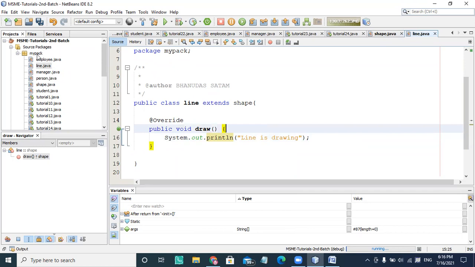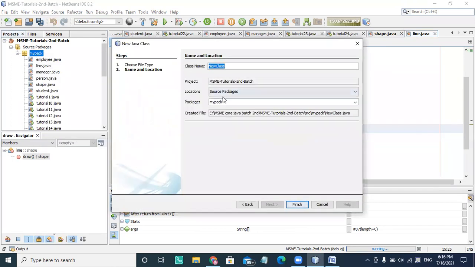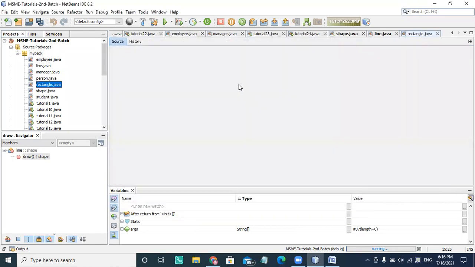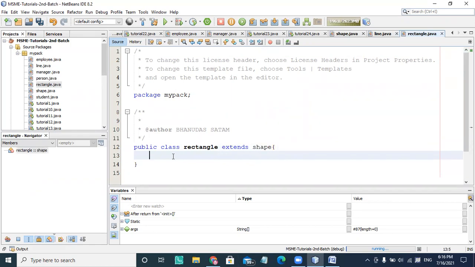Similarly, I'm going to create a new Java class, known as Rectangle here. Rectangle is another class which also extends from the Shape class, and I'm doing the same inheritance here.